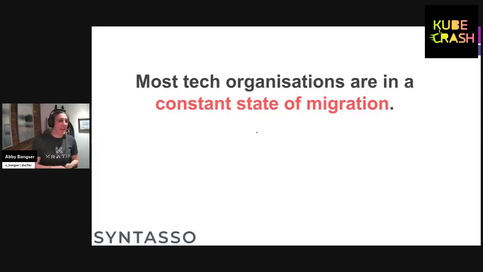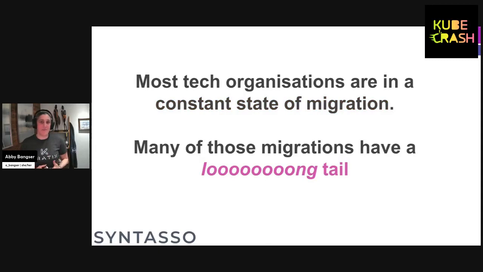Organizations are in a constant state of migration. So Charity said, if you're not migrating, you're dying. And I think that I'm proud to say that every organization I've been a part of was always migrating. And I think a lot of people will resonate with that. The thing about these migrations is it's not just that you're migrating, it's that you're often overlapping many, many migrations in time because they all have a very long tail to them. And what you end up with is